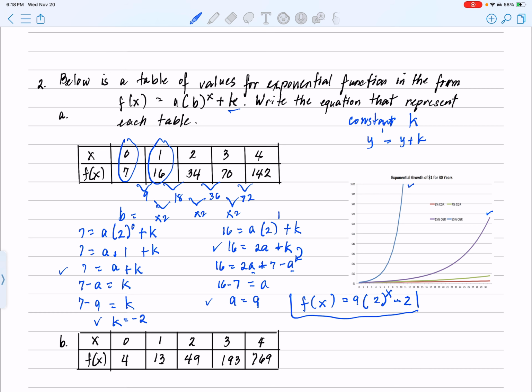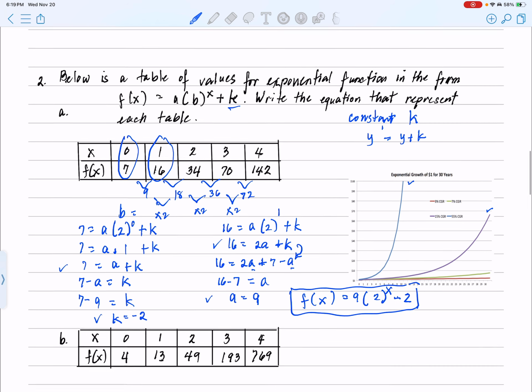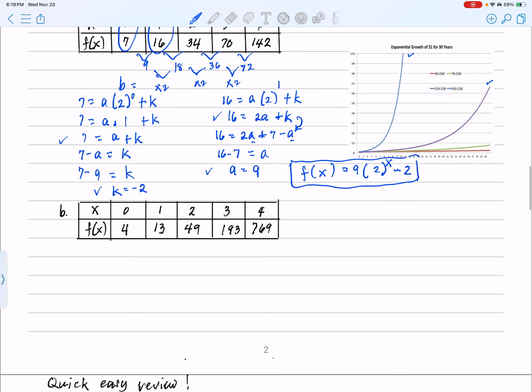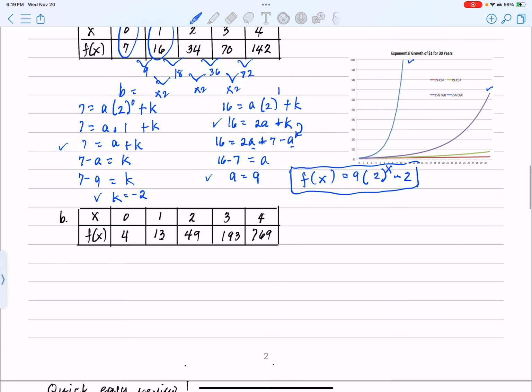All right. Let's have another one. You have the x values 0, 1, 2, 3, 4, and the y values. As I've said, get the difference first. From 4 and 13, the difference is 9. 49 and 13, the difference is 36. 193 and 49, the difference is 144. 769 and 193, the difference is